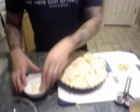So what we're going to do is take 3 tablespoons of flour, right here, and a tablespoon of sugar, a dash of salt, and she didn't do this, but I think it's better if you put a little more cinnamon into it, because you can't have enough cinnamon. So you mix this all together, and then cut a tablespoon of butter into small pieces at room temperature. Make sure it's at room temperature. Put it right into the mixture, and I'll show you this again right here. Put it right into the mixture,